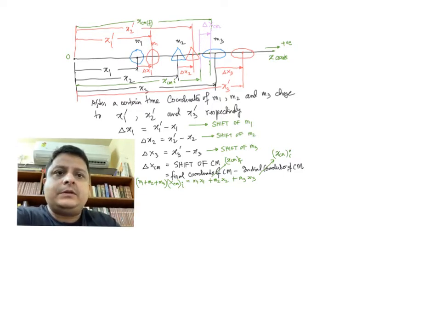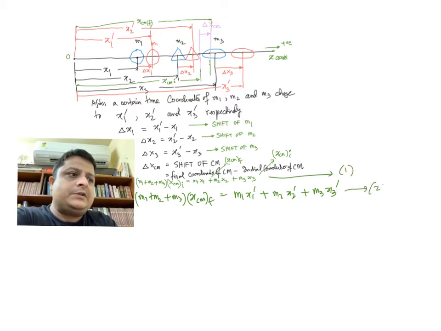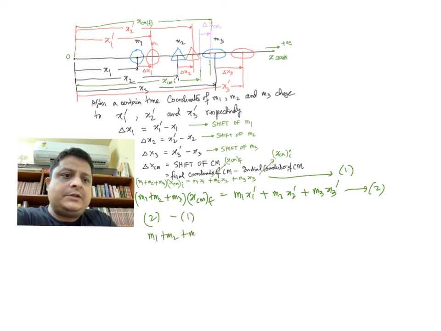So now m1 plus m2 plus m3 into this xcm final is equal to m1 x1 prime plus m2 x2 prime plus m3 x3 prime. So if you subtract, say name this equation 1 and this one equation 2, so 2 minus 1, what will you get? So that is m1 plus m2 plus m3 into delta xcm